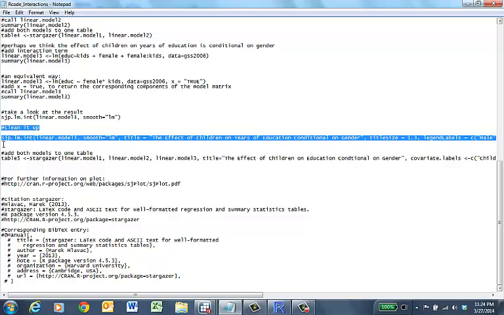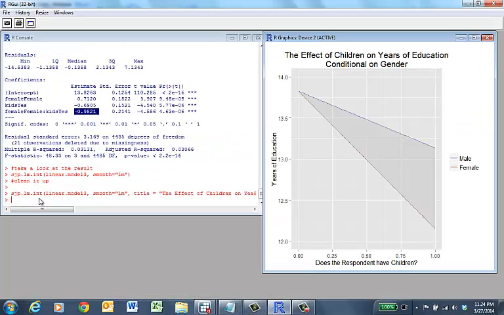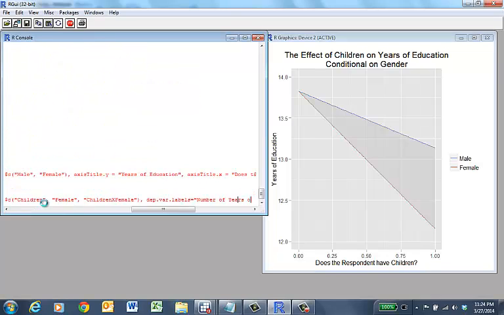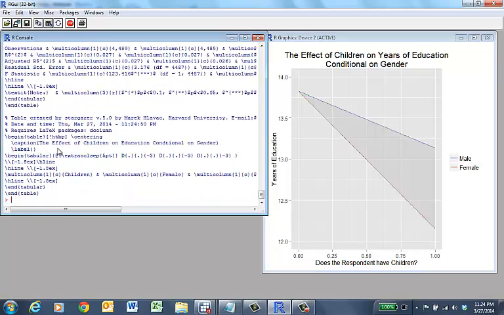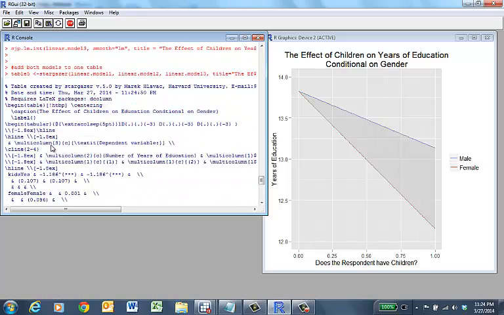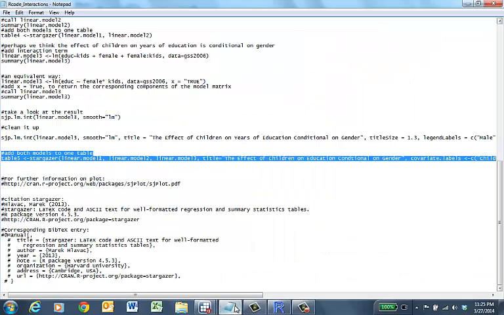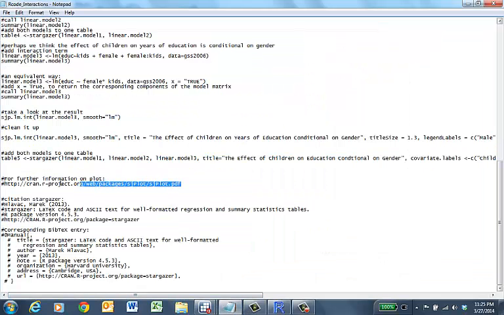And again, we can add our models together in one table and copy and paste this code into LaTeX. So for further documentation on sjPlot, you can go to this website,